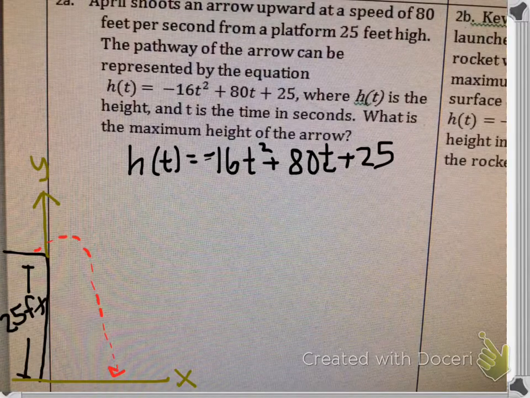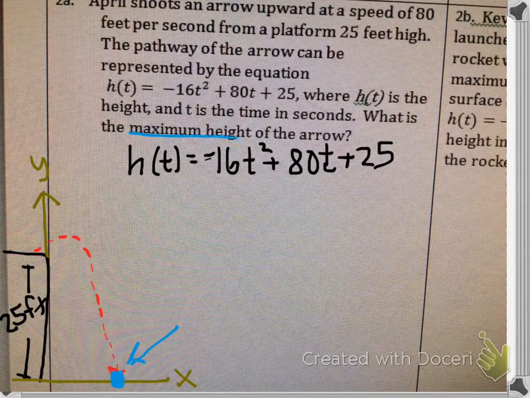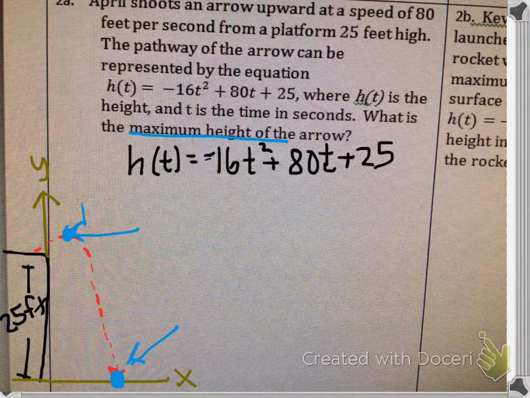2a on the pairs check asks you to find the maximum height of this arrow that's shooting up from a 25-foot platform that I drew here. So that red dashed line represents the arrow that shoots up and then eventually falls back down. So where it hits the ground would be right here. That would be the x-intercept, but they ask us to find the maximum height. Maximum height would be way up here, and that maximum height is called the vertex, or the y-coordinate of the